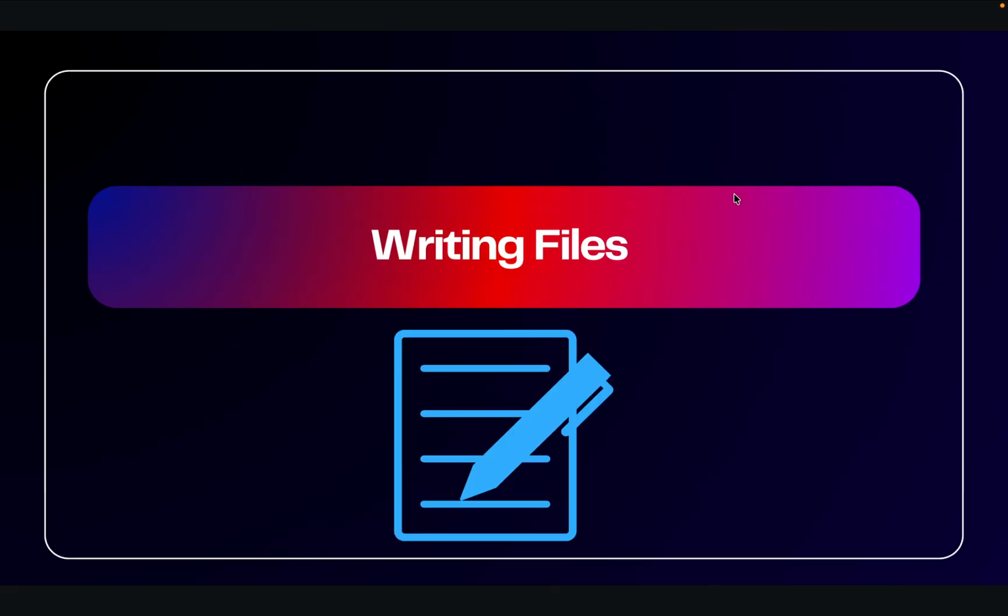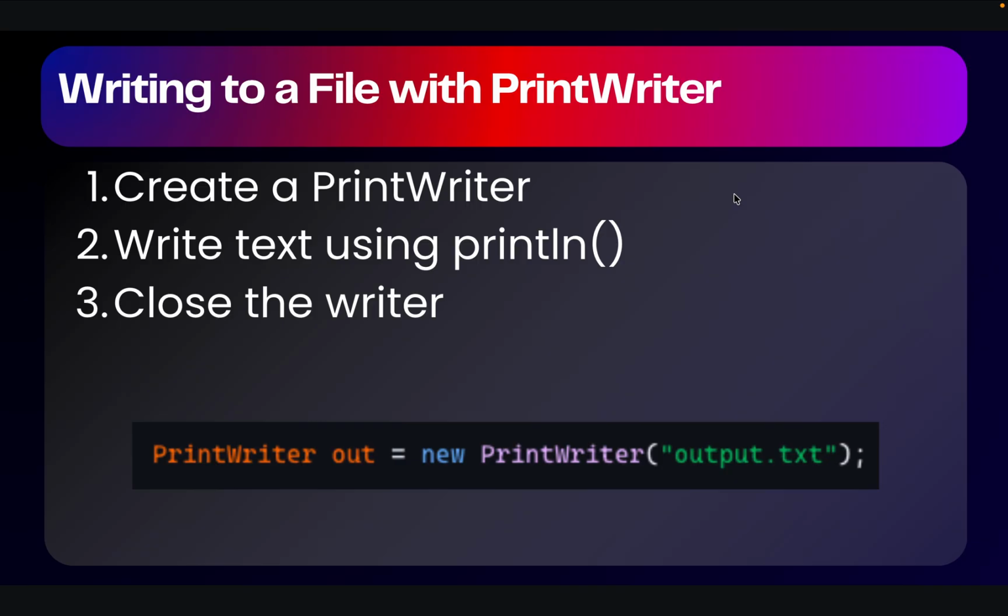So now that we've covered how to read files, we're also going to cover writing files. To write a file, we're going to use something called PrintWriter. Similar to Scanner, but in this case, it's actually going to write text or print. The first thing you do is create that PrintWriter object. In this example, we have it named as out, and we're saying it's going to have the